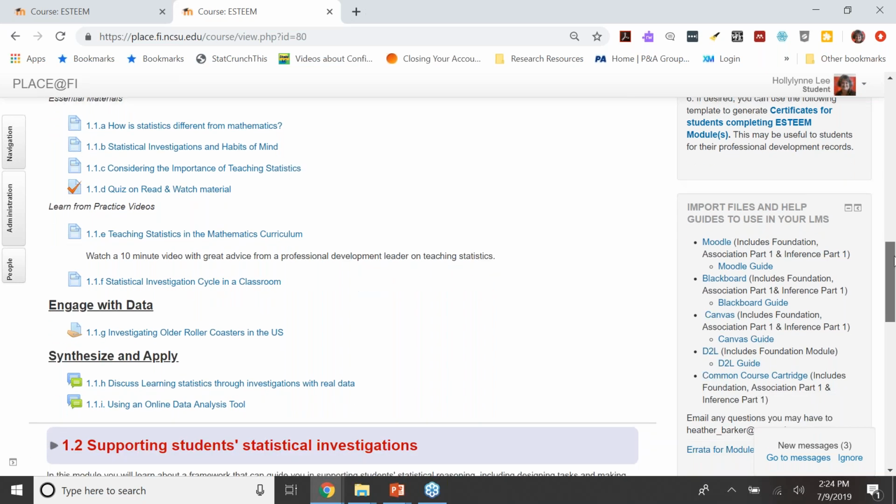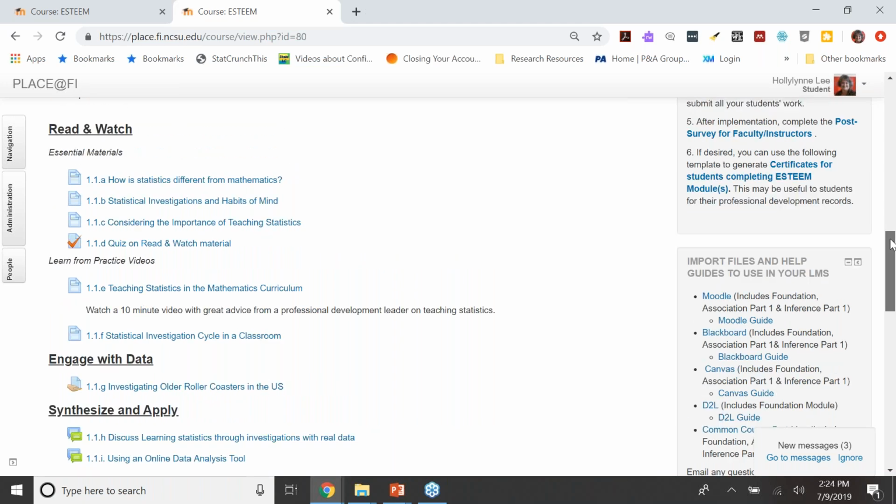All of our materials also use a common cartridge, so that if you use a different LMS, you should be able to download this and import it into another LMS system. We're not promising that's going to be pretty, which is why we have it laid out here on this page so that people can come back here and see how things are laid out.